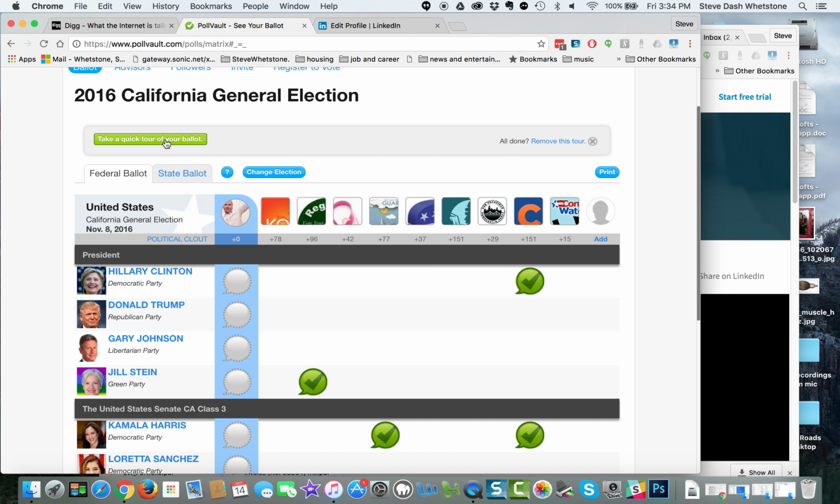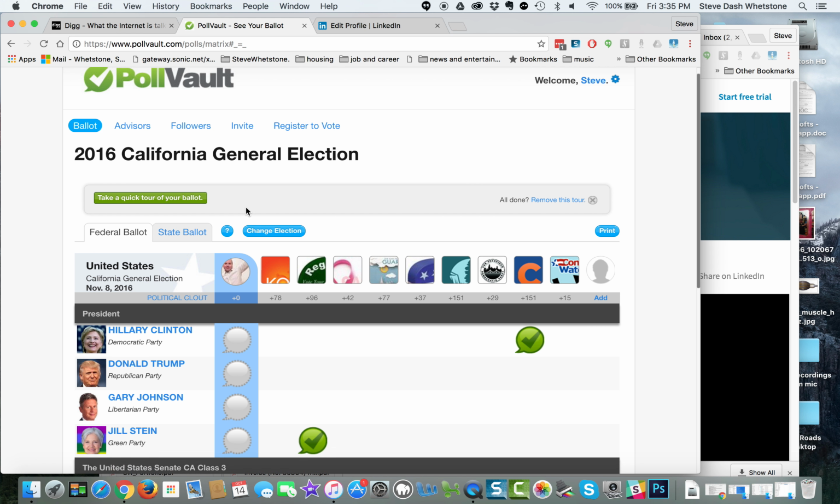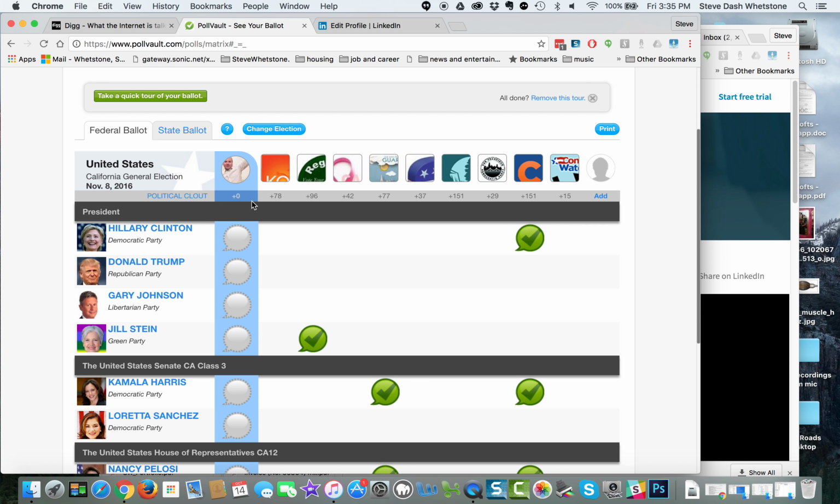Just take a quick tour of your ballot. All done. Remove this tour. I guess that's okay. It's a tooltip, a sort of page tip. I generally don't want to do that. I'd really just like to...